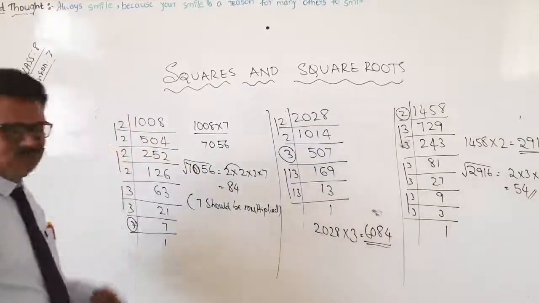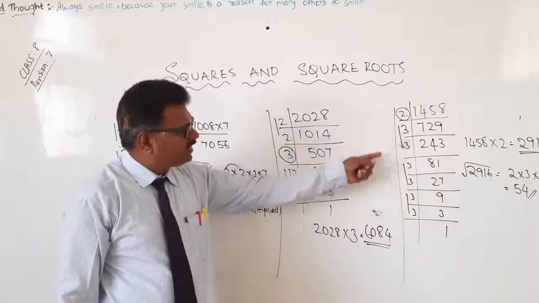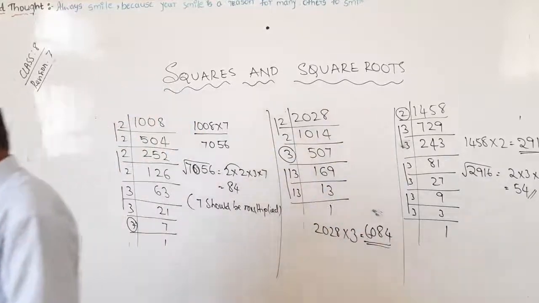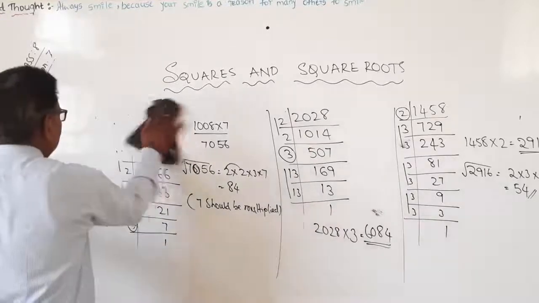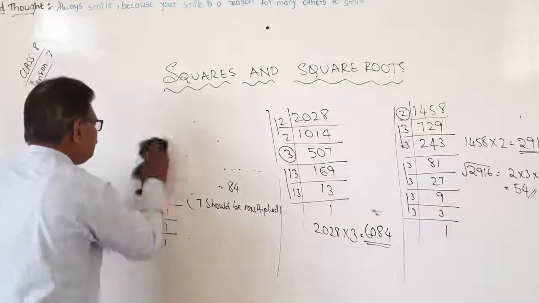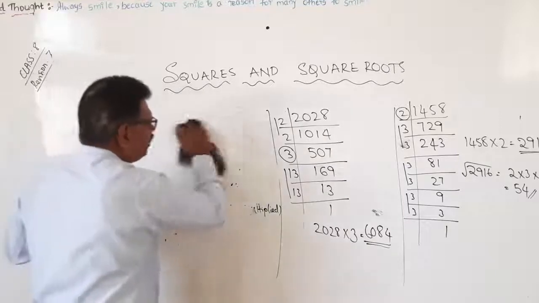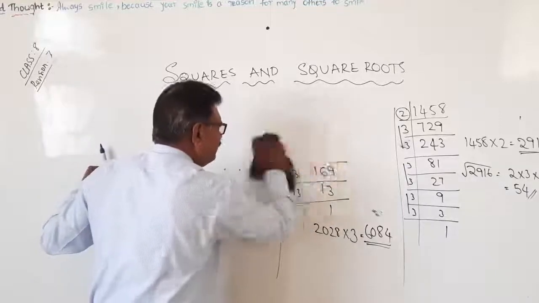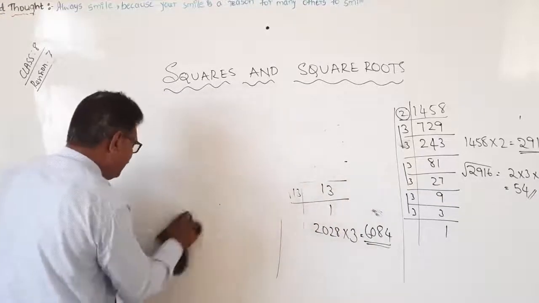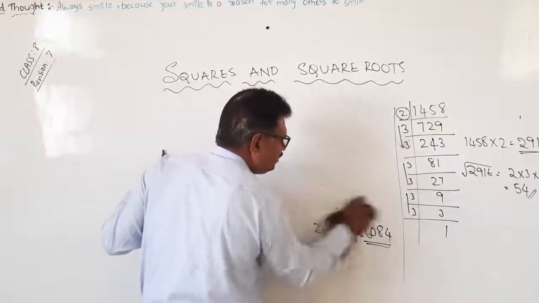Okay? So like this we have to find out what must be multiplied, which means we have to check the pairs. If a pair is not there, that number must be multiplied. Okay? Some more problems we do so that we will be perfect. So it is the same as finding square roots only. The only thing is, which number doesn't have the pair, that number we have to multiply. Okay? That much only. Nothing extra. Now we'll see.